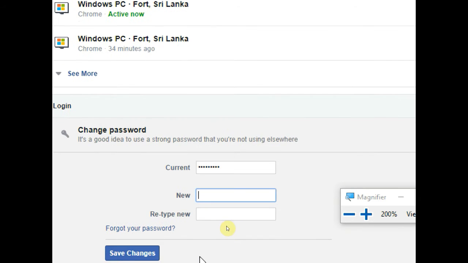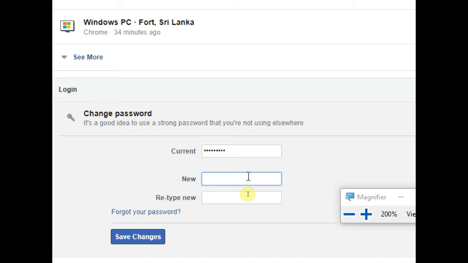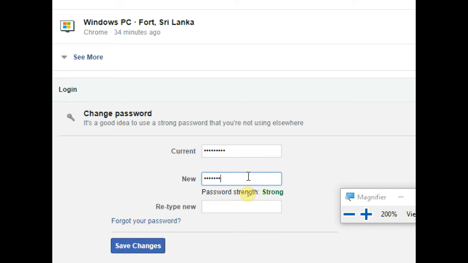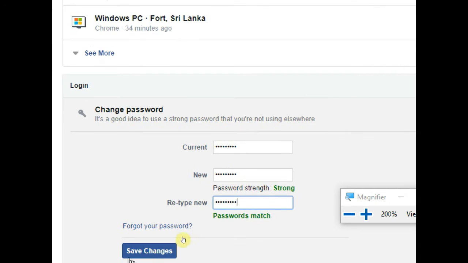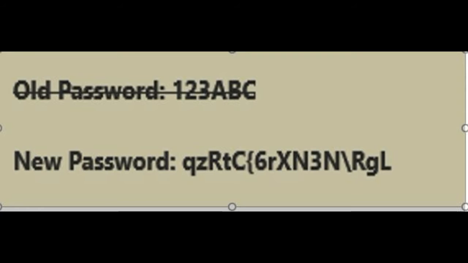A strong password is not your name, your friend's name, your family member's name, or a common name. Not your date of birth, not a dictionary word, not like your previous password, and not a keyboard pattern, such as QWERTY 12345678. You need to put a mixed password. It should be a meaningless word, number and symbol randomly and at least 15 characters long. It is better to mix uppercase and lowercase with special characters.